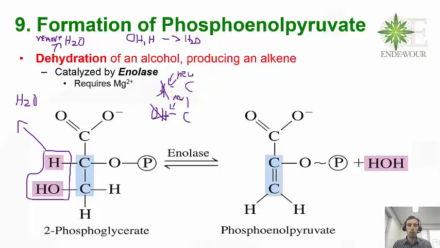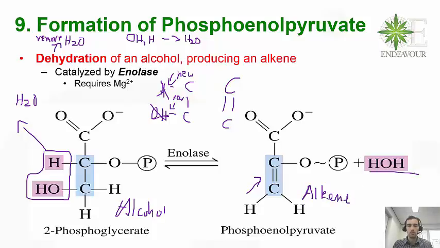Instead of forming new bonds with other atoms, what they do is form an extra bond to themselves, which is what we see here in blue. In this way, we've changed the alcohol into the alkene. And the byproduct of this reaction is water. So we've converted the 2-phosphoglycerate to our phosphoenol pyruvate, which is our second last product